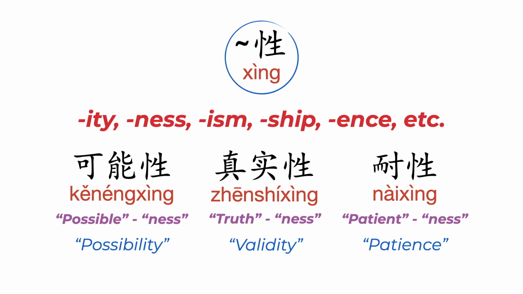Now, being patient is 耐心. That is to say, a heart, a patient heart. That's being patient. 耐性 is like the concept of patience. And so whenever you see 性, you're getting at the essence of what something is. And what's so nice about Chinese is that it's way less complicated than English. You have something ity, something ness, something ism, something ship, something ence, versus just 性 in Chinese. So you'll get the hang of that as you move forward.